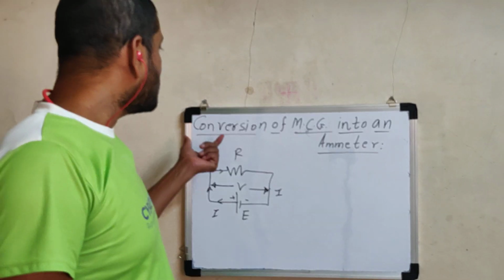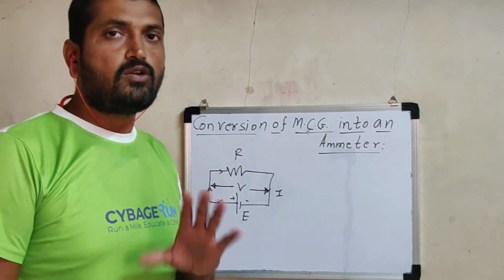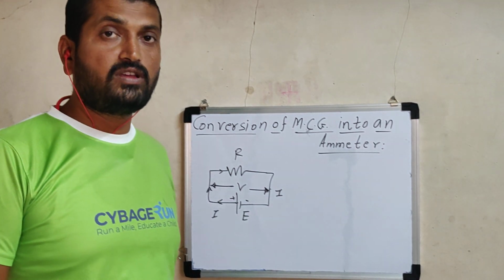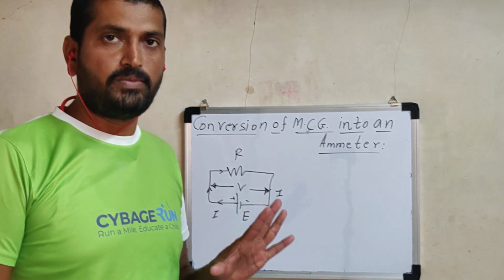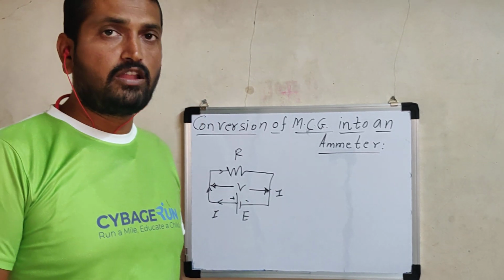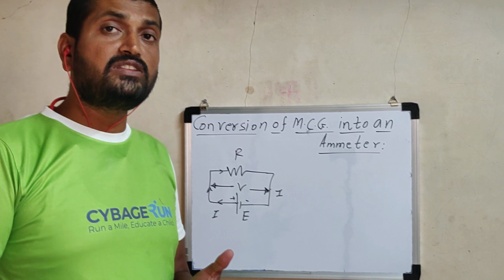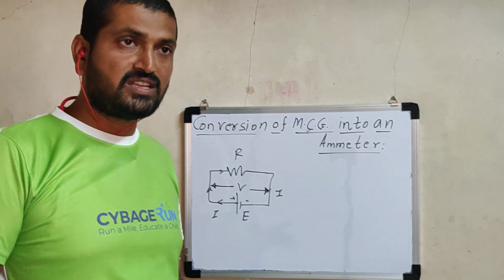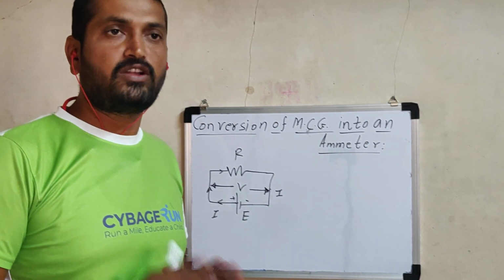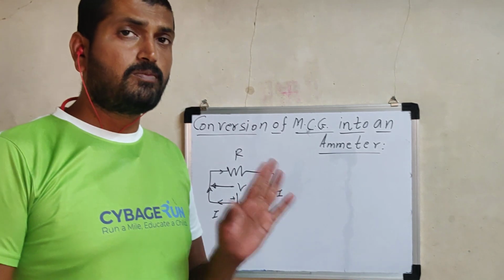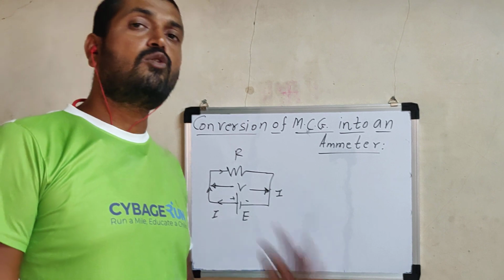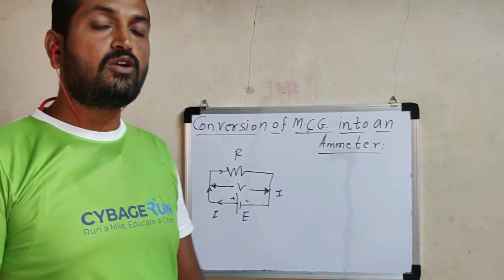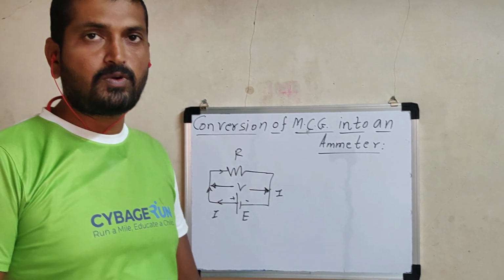Now consider the application part of the moving coil galvanometer. Already in the last lecture we considered the principle, construction and working of a galvanometer. We know that there are two types of galvanometer. A galvanometer in which the magnet is moving and the coil is fixed is called a moving magnet galvanometer or tangent galvanometer, which is not part of our syllabus. The second one, a galvanometer in which the magnet is fixed but the coil is moving, is called a moving coil galvanometer, and that is part of our syllabus.